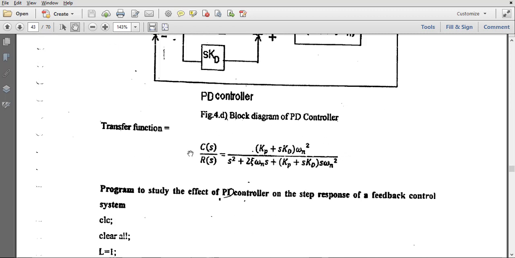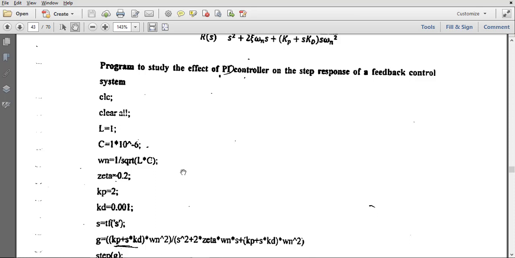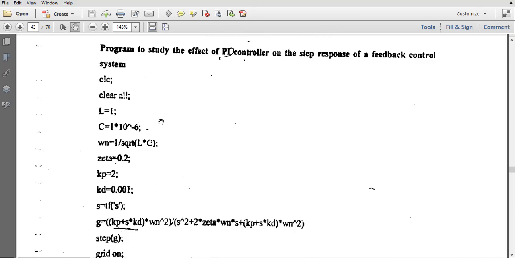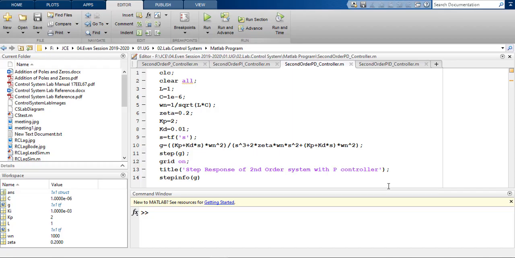Here is the total transfer function, where omega n whole squared is multiplied by Kp plus S Kd. Now we'll write the same code in MATLAB and see the result. So let us go to MATLAB.